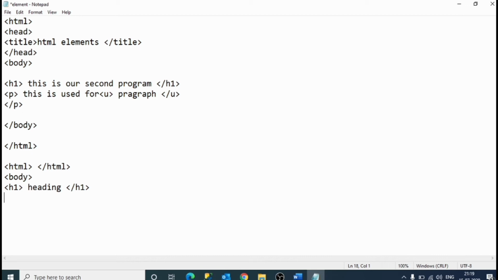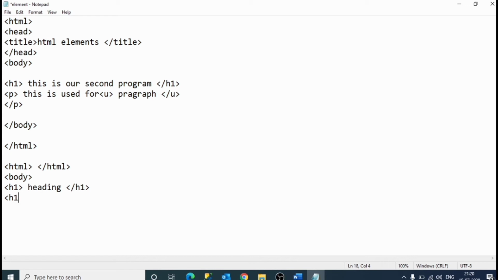The body element defines the document's body. It has a start tag body and end tag slash body. Then inside the body element there are two other elements, h1 and p: h for heading and p for paragraph.